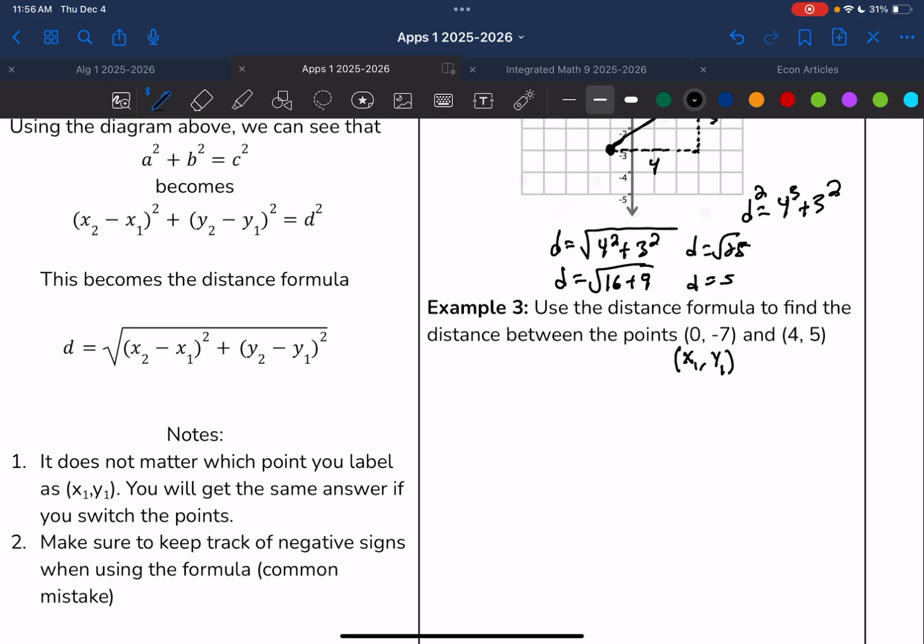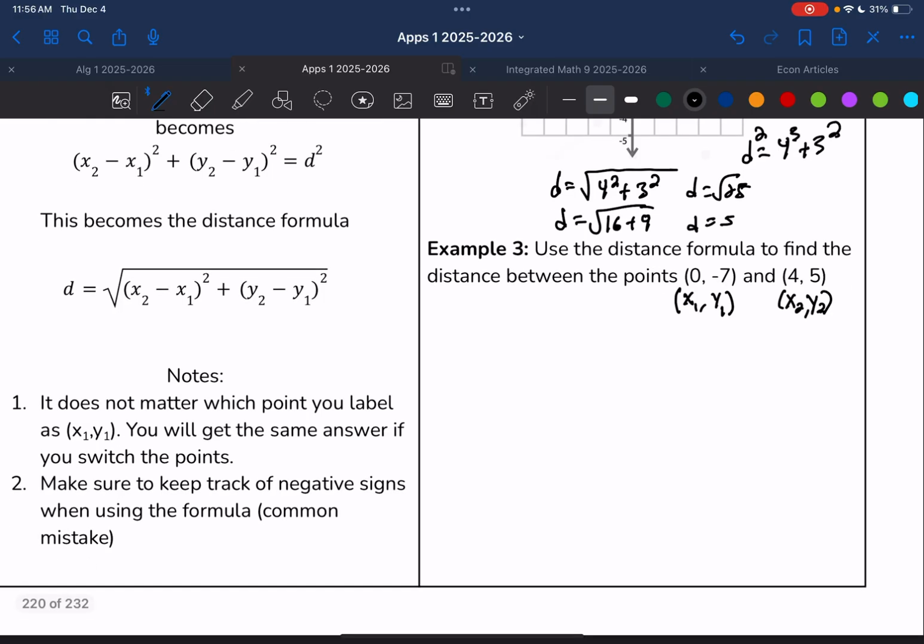So we have our first point located at x1, y1. And we have our second point located at x2, y2. And we have this distance formula over here. D is equal to the square root of x2 minus x1 squared plus y2 minus y1 squared. All right, if I make those substitutions, I get D is equal to 4 minus 0 squared, right? That's my change in x, plus 5 minus